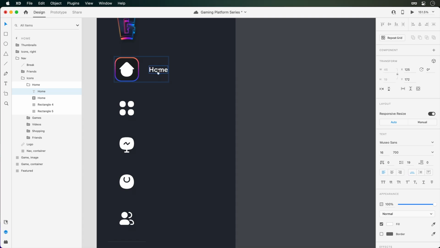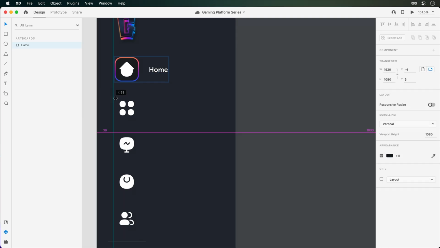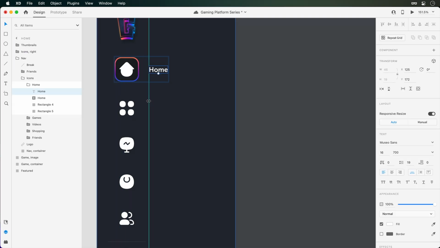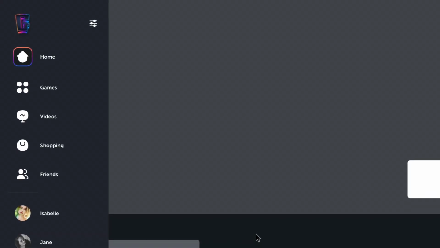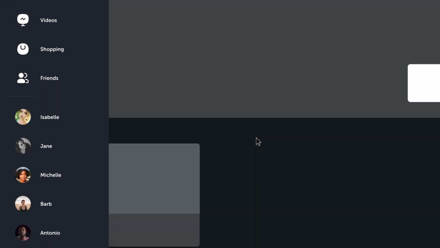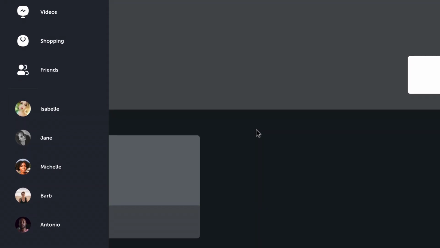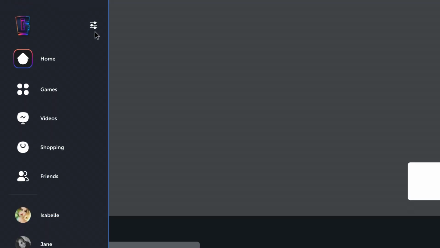Otherwise, as you saw earlier, the stack would treat the new layers as separate objects. Very quickly, knowing that I'll be shifting these text layers over in a moment, I'm going to drag out a guide from the left to mark this location. Alright, I've gone through and added the text layers beside the icons and friends list at the bottom, and also included a settings icon at the top right.